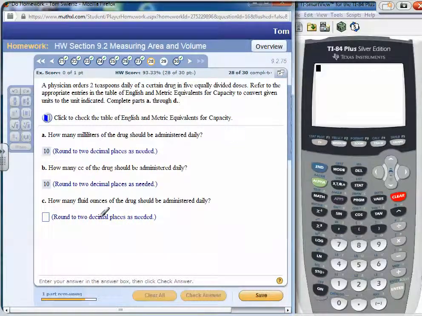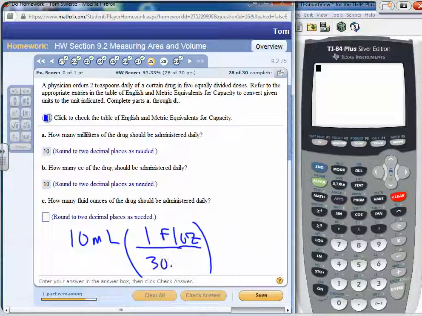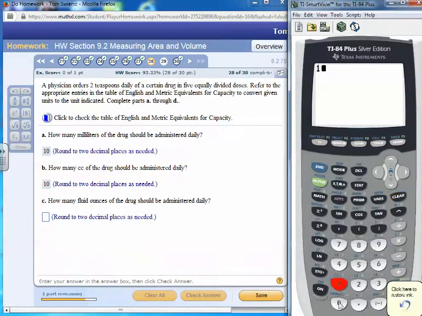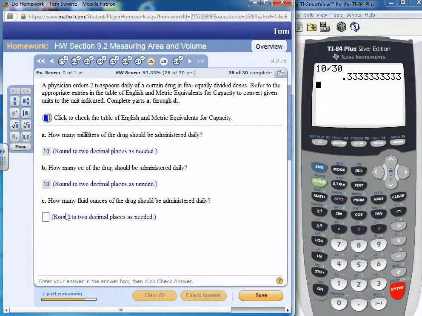We have 10 milliliters from part A. Every 1 fluid ounce we just saw was 30 milliliters. So the 30's in the denominator, so we're going to divide, and we want 2 decimal places. So we're going to take 10, divide by 30, and we're going to get 0.33